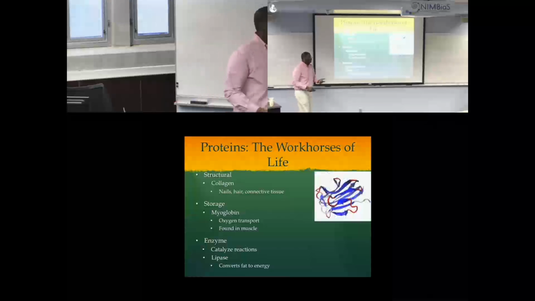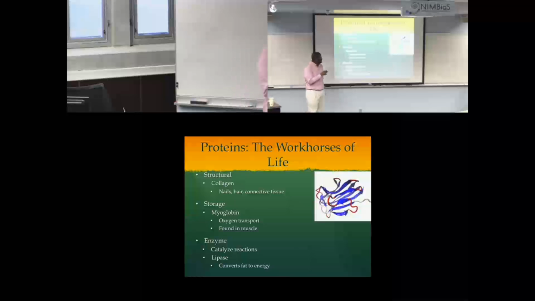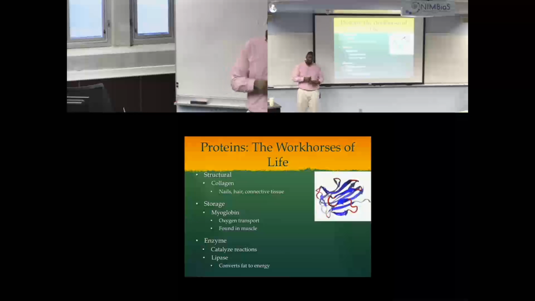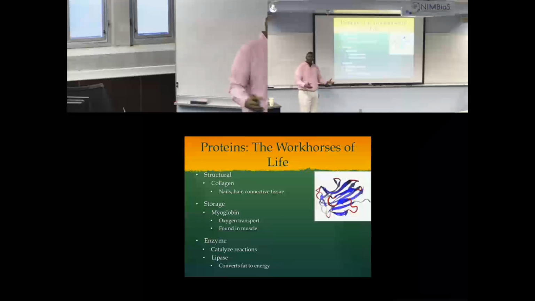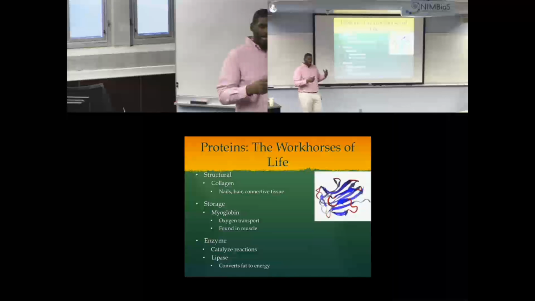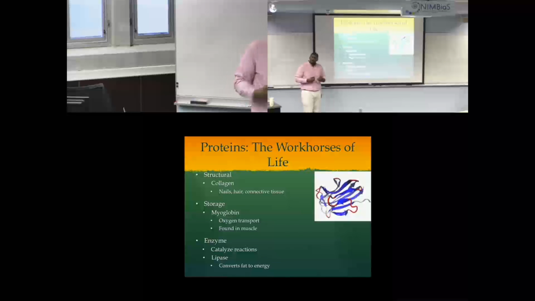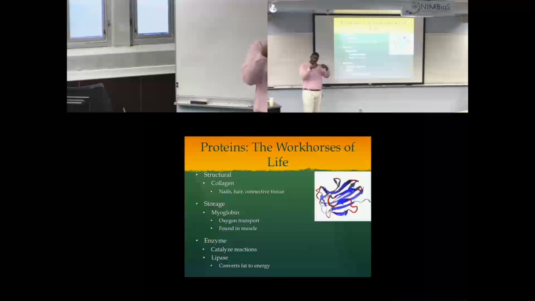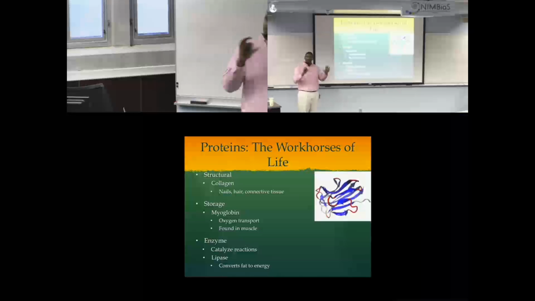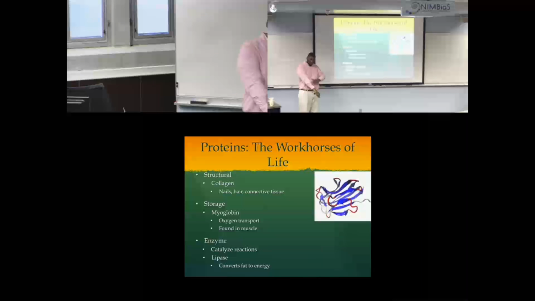So you have different types of proteins. You have structural proteins like collagen. Collagen is the chief component of your hair, your nails, your skin, your connective tissue, all the things that basically make up the structure of your body. Why collagen is such a good structural protein is because it likes to do what we call polymerize, which means add more and more of them together in a structured way, just like bricks, right? One brick is not so good, but when you put them all together, you form a wall,